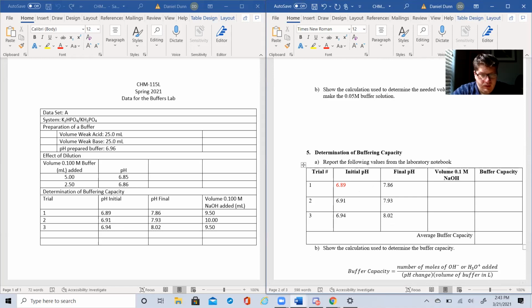The volume is going to be that. Let's change it to liters real quick. That way we can do some calculations a bit easier. So 0.000, oops, 0.95. And then we have